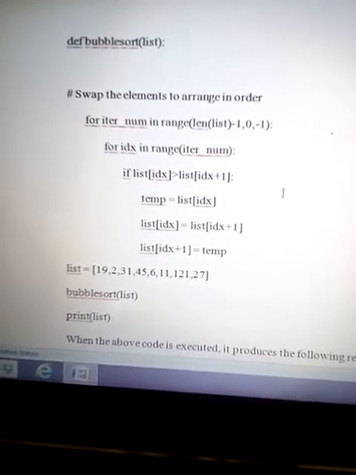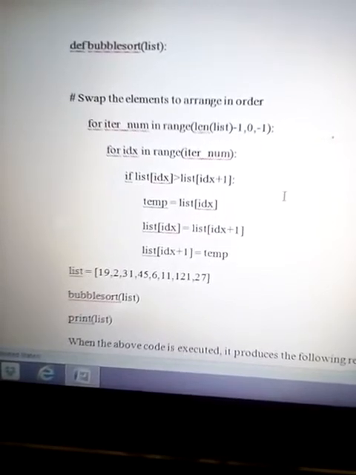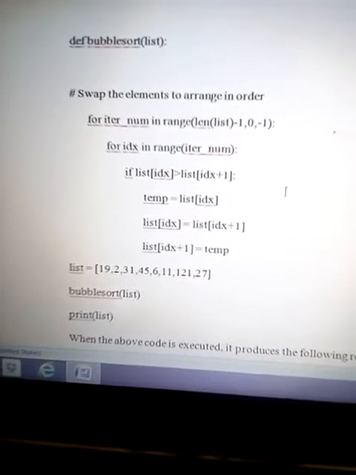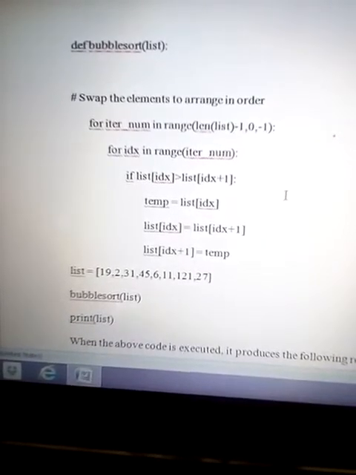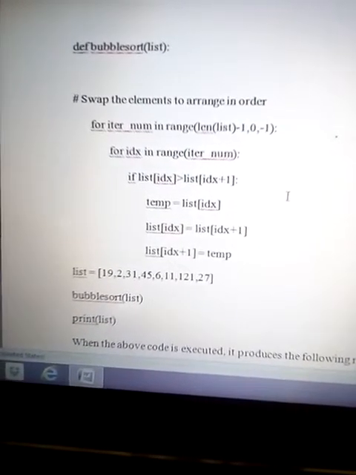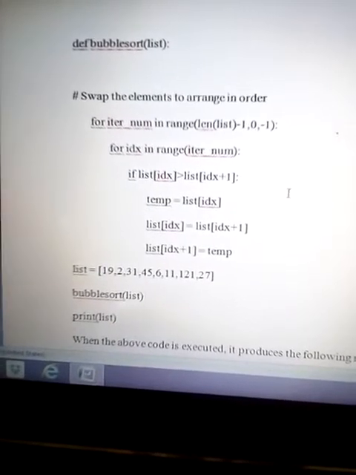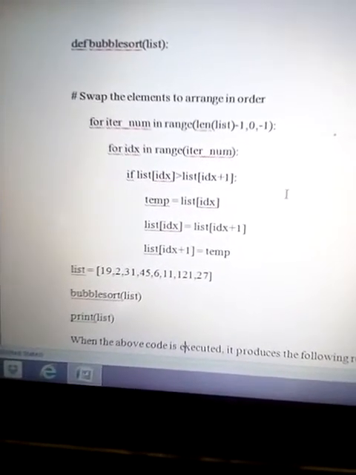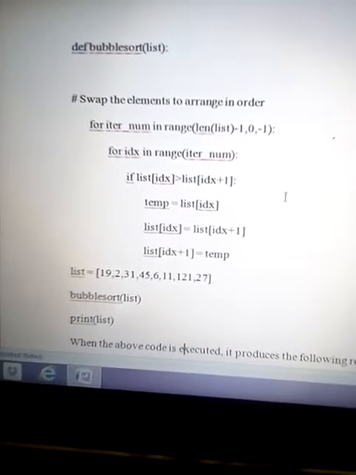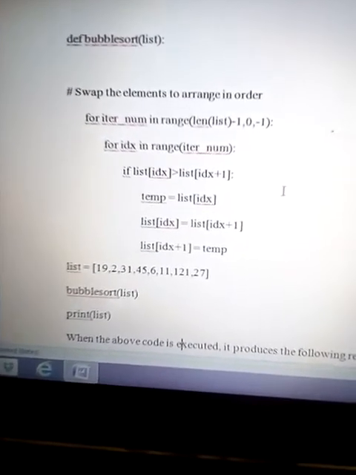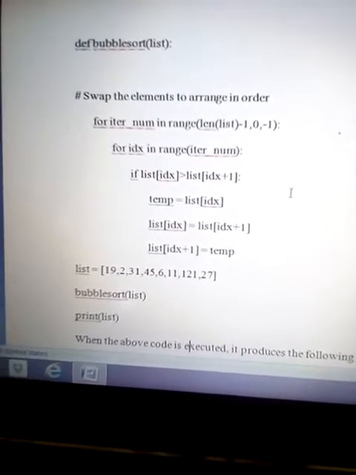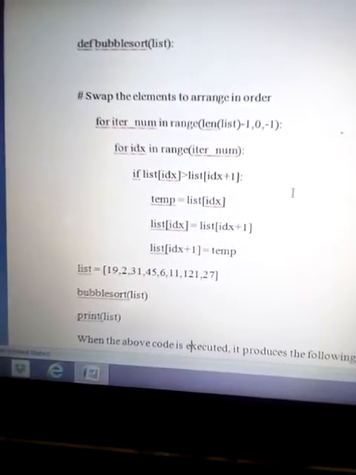So there are three things. First is def, the reserved word for defining a function. Second is the name of the function. Third is the arguments, and at the time of definition, arguments are known as formal arguments or formal parameters, and at the time of calling our function we pass the actual parameters or actual arguments. So let's start with the colon symbol because we are creating a block here.